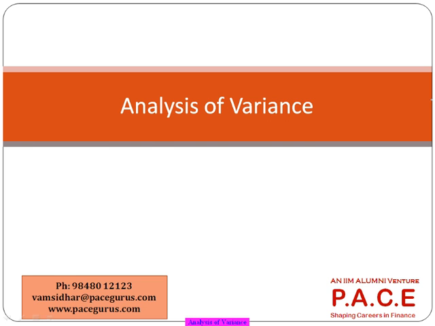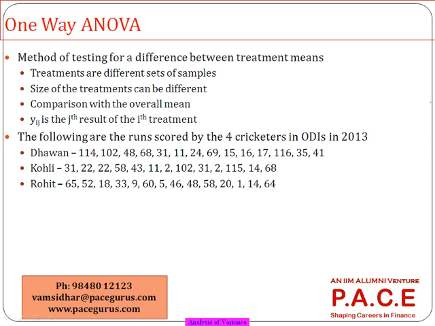Analysis of variance. In regression and correlation, we tried finding out the relationship between two variables, right? Or when we did hypothesis testing, we did the comparison between two variables or two population data. But if there is a requirement that I have to test the means of more than two populations, if I have to test or compare the various samples